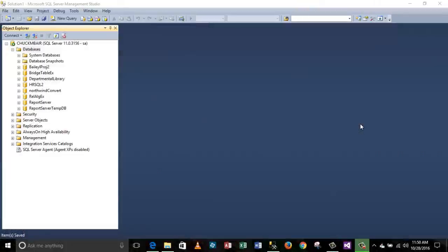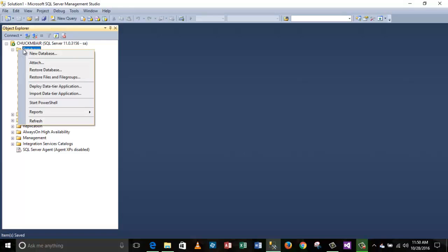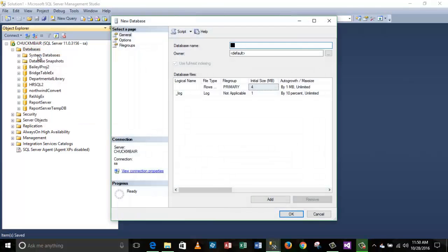Hi, I'm back again, and I'm going to show you how to create the database in SQL Server. So I've already launched Management Studio, and to create the database I need to go to the object bar and right click on the database folder, choose new database. I'm going to need to give it a name, so I'll call it distributed lib,